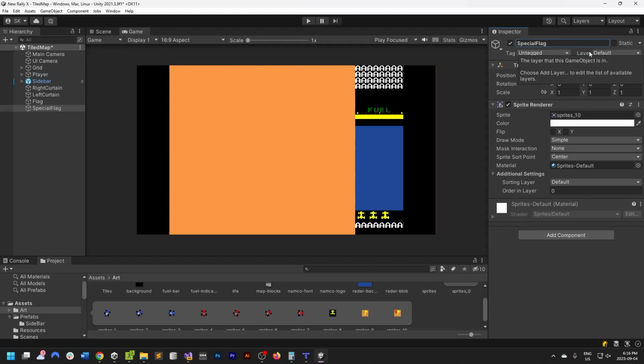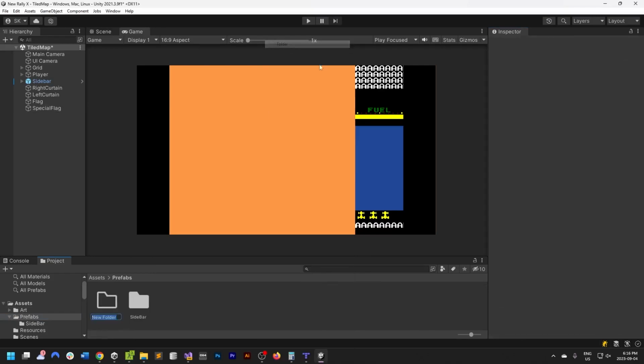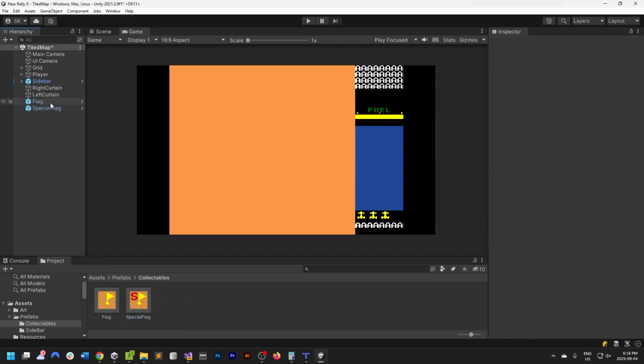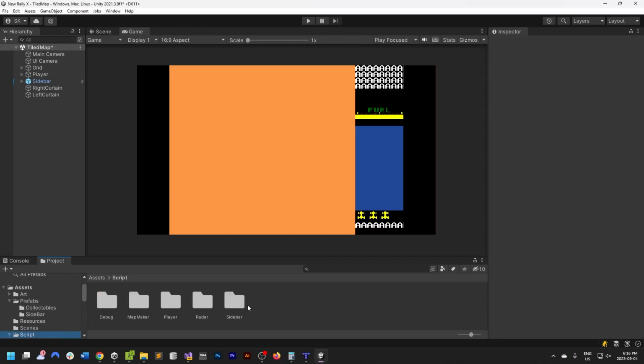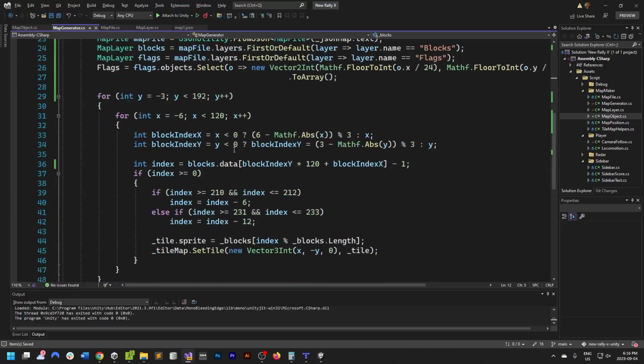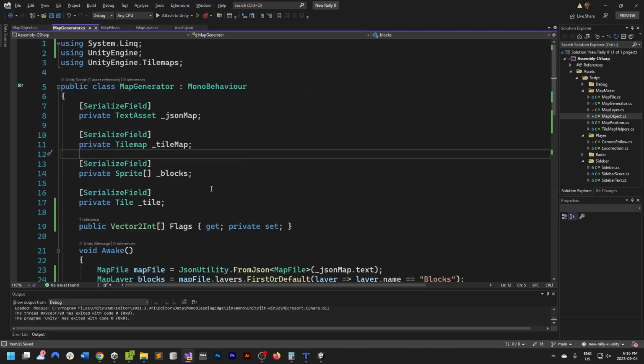And then we're not really going to be spawning these just yet, so I'm going to have prefab for collectibles. I can drop these here, and then I'm going to delete them. Now I need a script to generate it, but do I? Because I already have map generator. So I'm not going to bother doing that. In fact, probably don't even want to do this, but